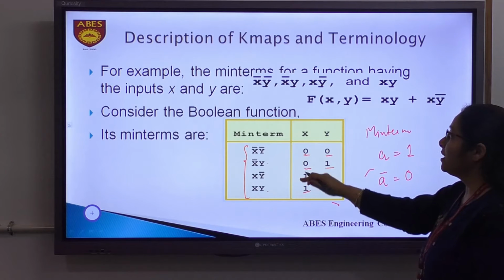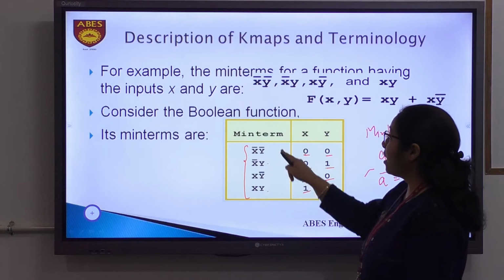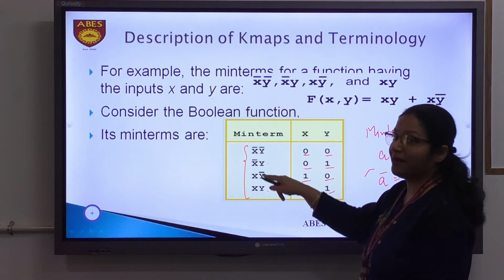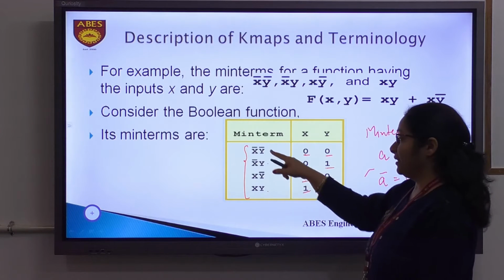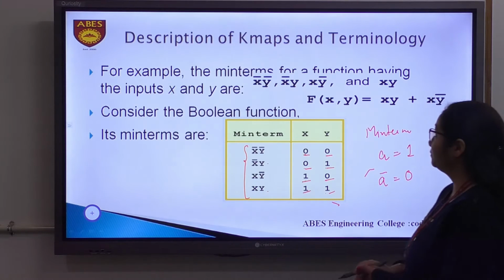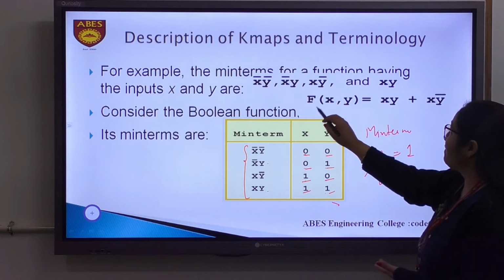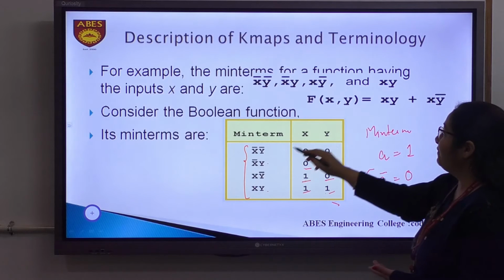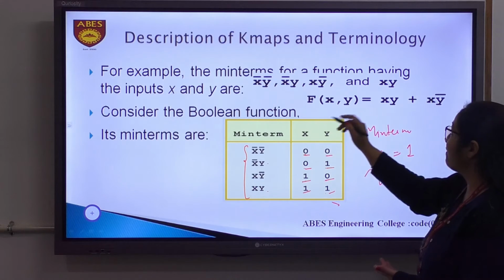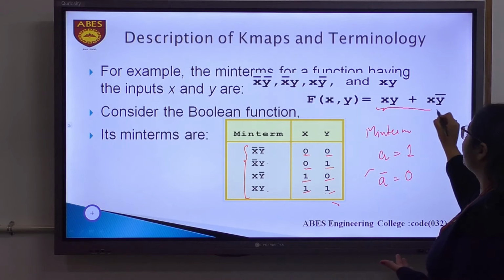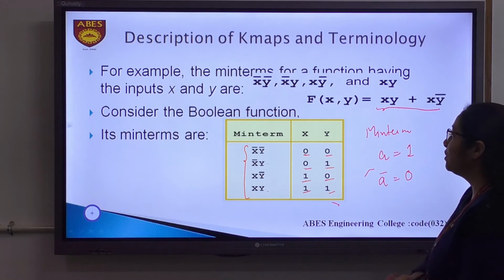This is how we create minterms, and now we will learn how these minterms will be placed in the K-map, and further whether we can reduce this expression using the K-map. We have a function of x, y and we have the possible alternatives, but out of these possible alternatives we have reduced our function to these two minterms through K-map. This is how we are going to solve.